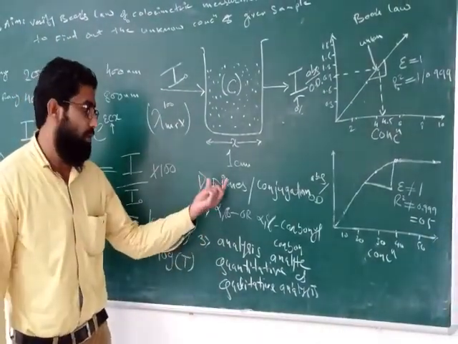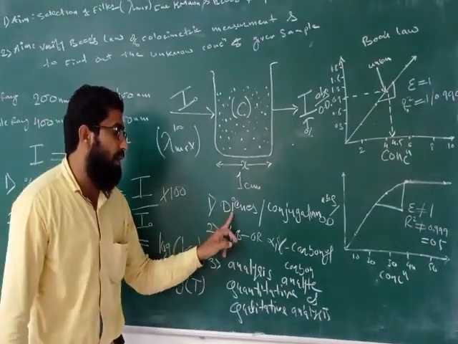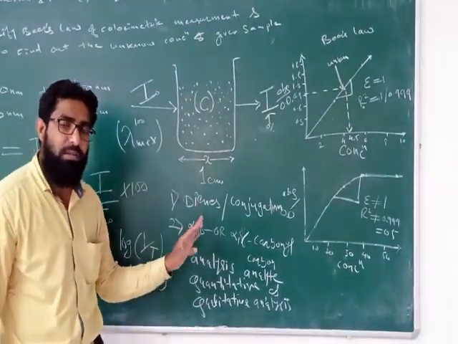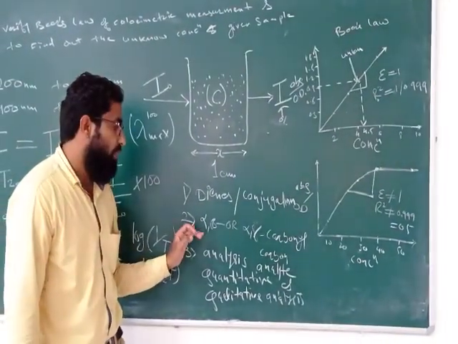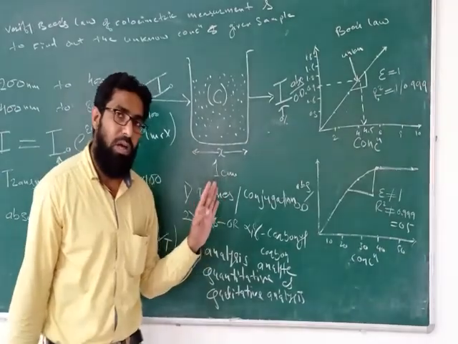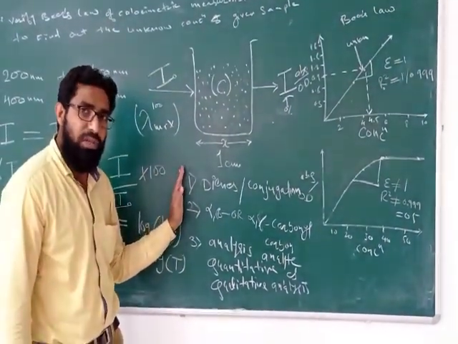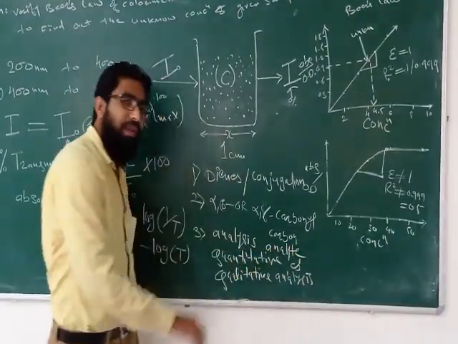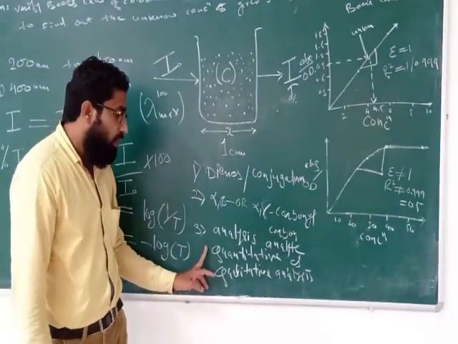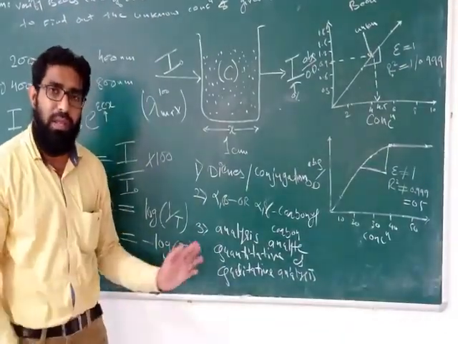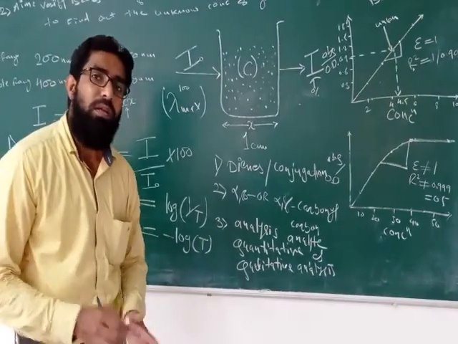These are the applications: identification of conjugation, dienes, aromaticity, alpha beta unsaturated carbonyl carbon. These are structural elucidation applications. Then analysis of analyte, qualitative and quantitative estimation of analyte. Okay. For example,